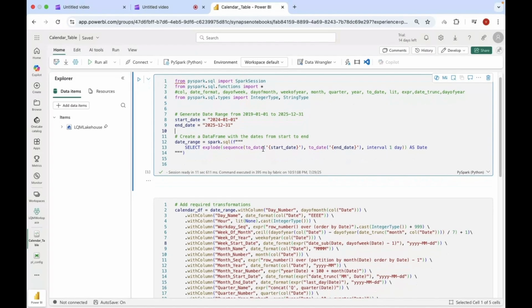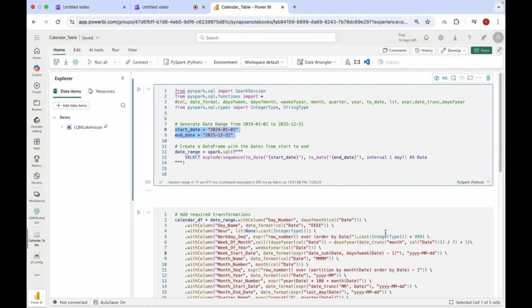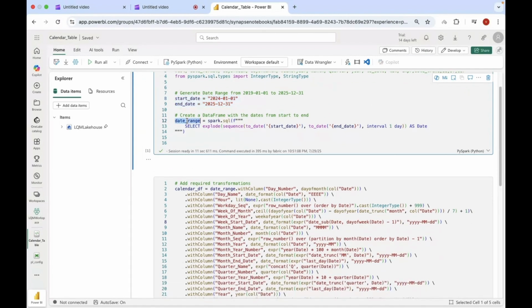And then I'm just using the explode function to find out the number of days between start date and end date. Then I'm using the explode function, and here you can see what exactly I'm doing. I'm just creating a date column with the range between these two dates. So it will create from 1st January 2024 till 31st December 2025. So it will create a column with those particular dates, and on top of that date range data frame,